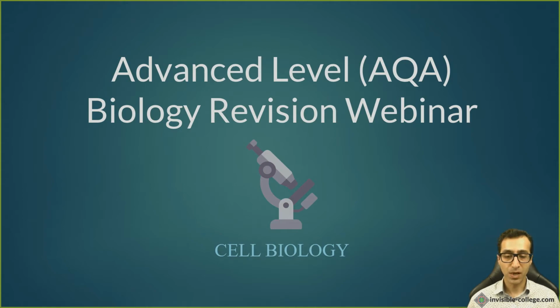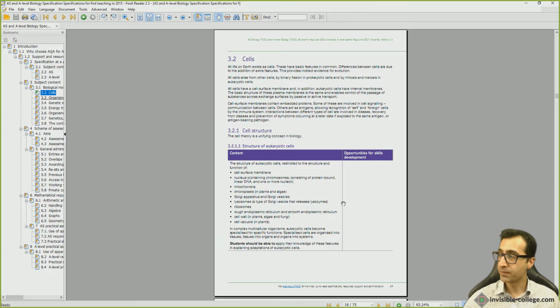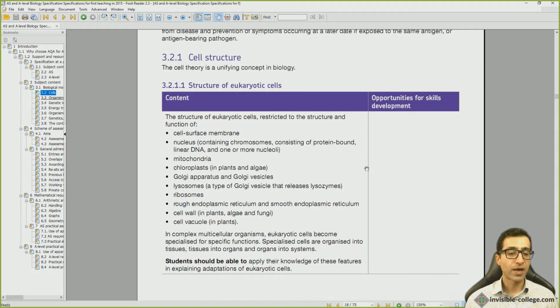So just to quickly have a look at what we're going to be covering here. This is the advanced level biology specification from AQA, the current specification. We're going to be going over the subject under the title topic 3.2 cells in this specification. I'll just make that a bit bigger. So we're going to have a rather detailed review of cell biology, starting with the structure of